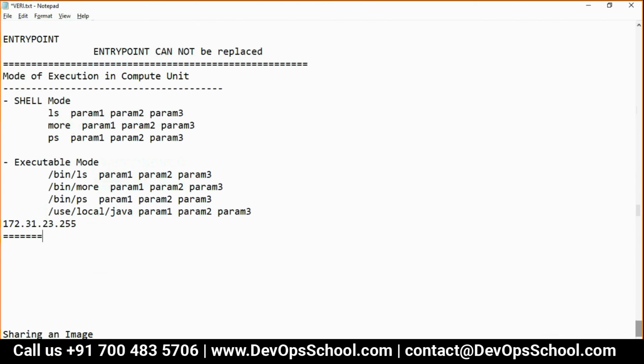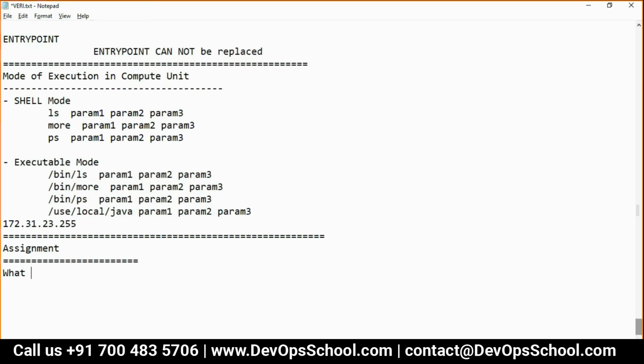Now, do you have any questions on Dockerfile? Any questions on Dockerfile? What about if you keep two entry points? Guys, these questions I will ask randomly to anyone. I know I'm not asking questions now, even though I said I'll ask later, but I will ask these questions. What about if you have two entry points in one Dockerfile?